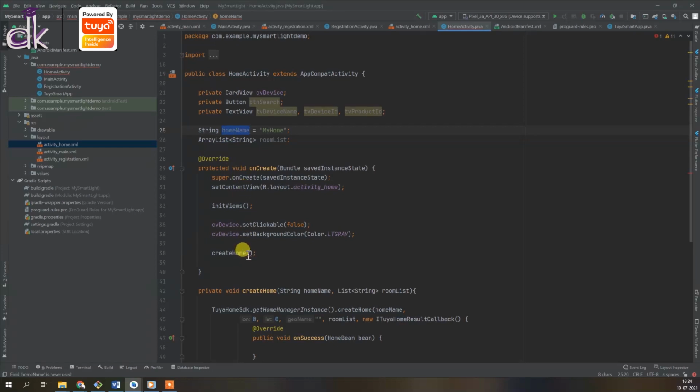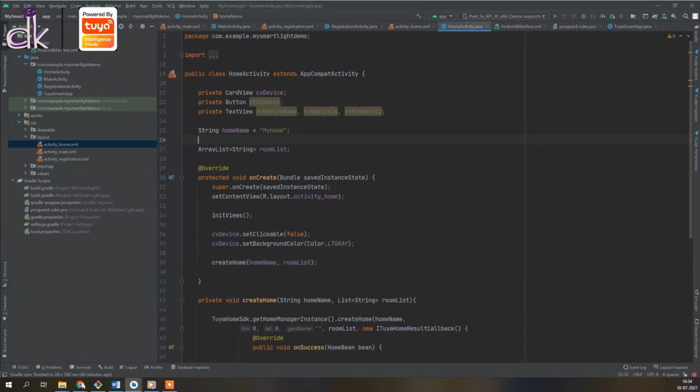And let's add that here and call the room list. Now in the room list, it's empty, so we need to create the names of rooms. So for that, you can just create a string array and call it as rooms or something like that. And inside you can provide things like the kitchen, in as many things as you like.